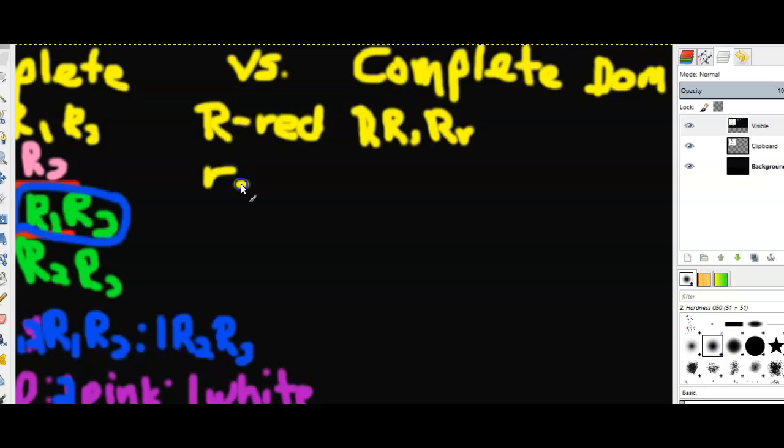Little r, white. Only one genotype to get that. So there we have some differences already. Not only the way we're writing it,